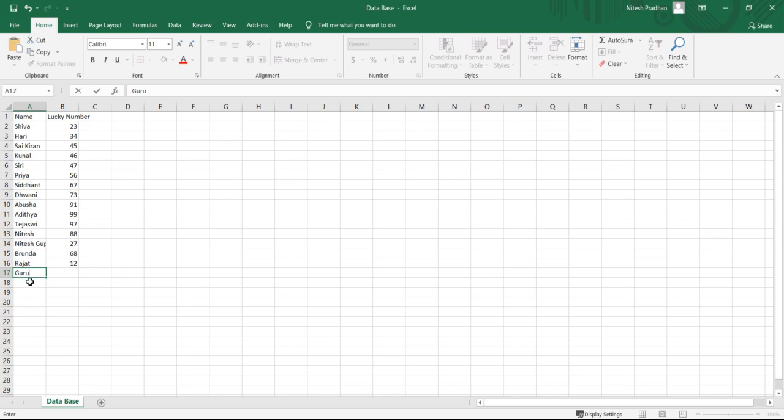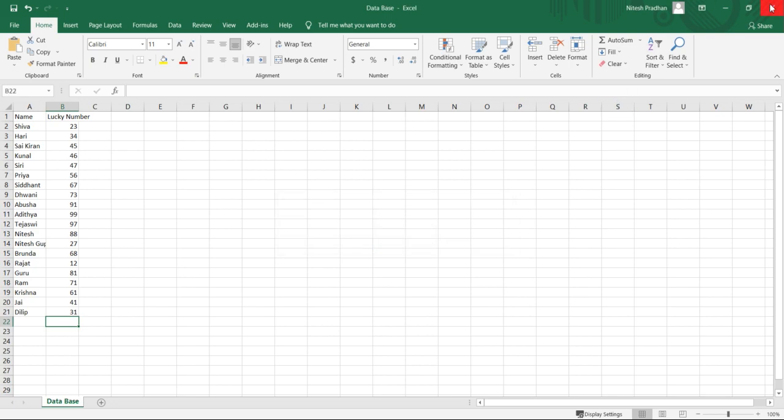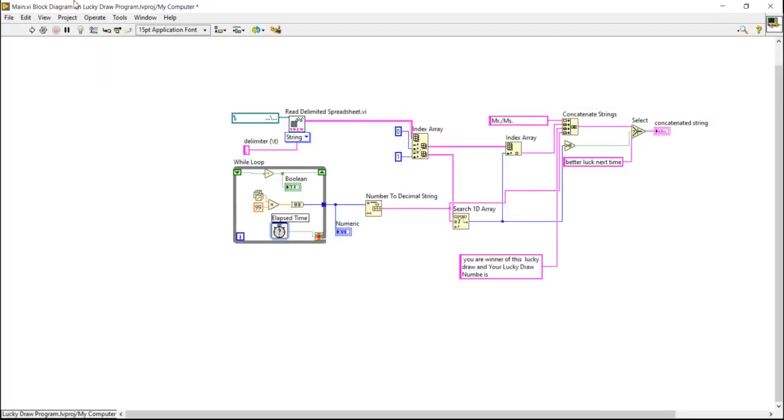Guru, Ram, Dilip, 81, 71, 61, for any numbers, 41, 31, and again you can run and check.